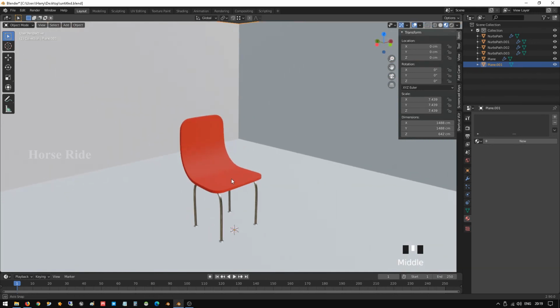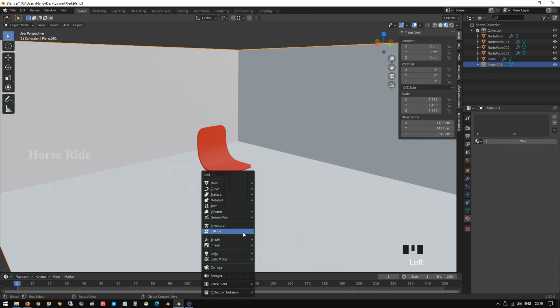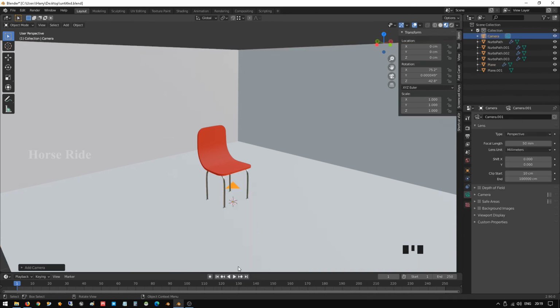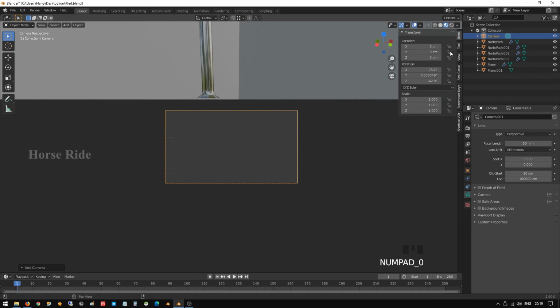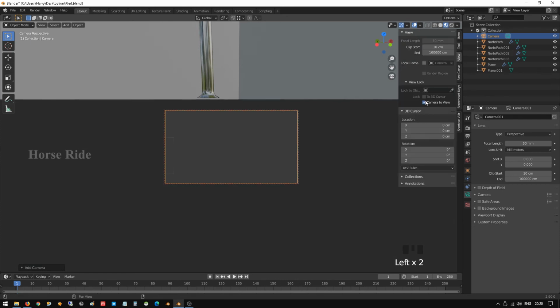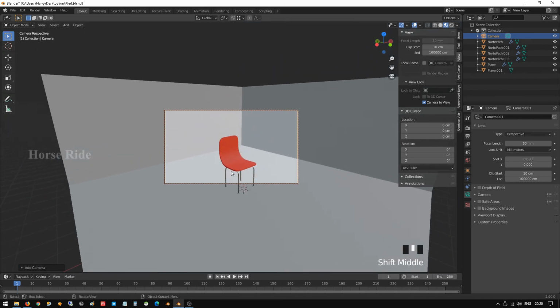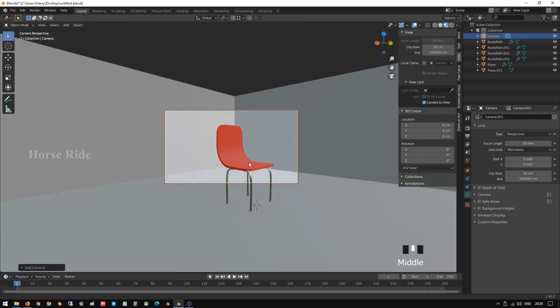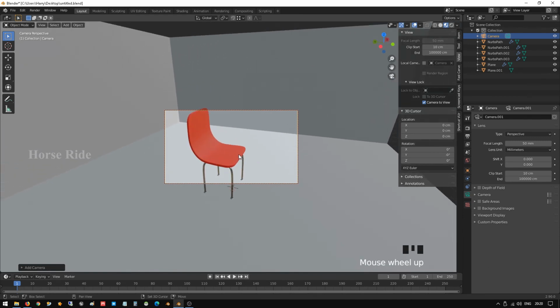So before that, we require a camera. Use Shift A, add a camera, press 0 on the numeric keyboard, and here in view, use camera to view. So scroll out and move the angle how we require inside the box, which is going to view the camera, right?